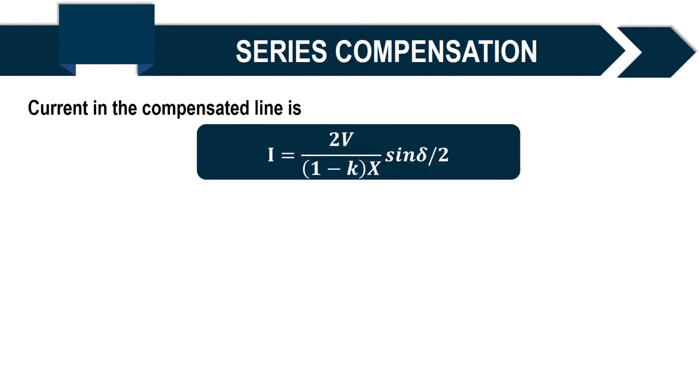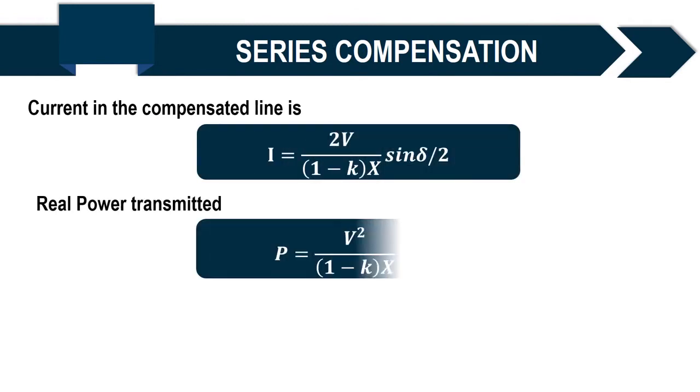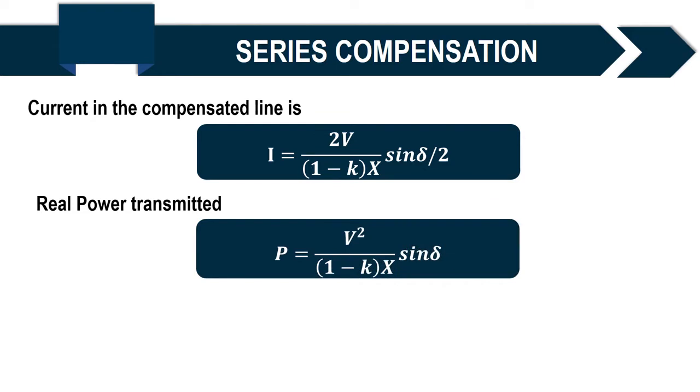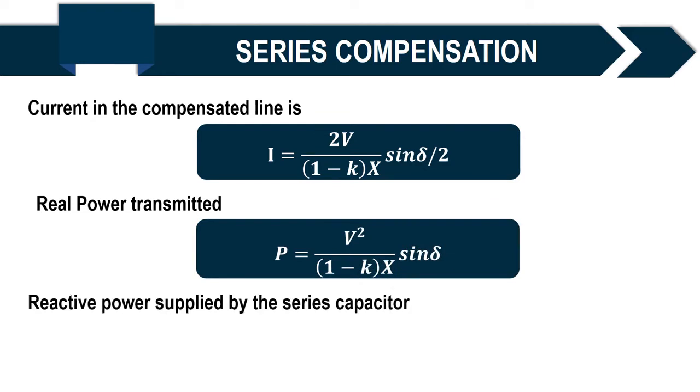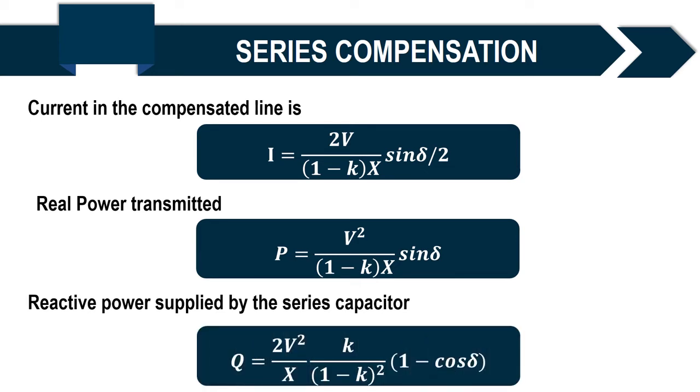As you can see from here, the real power transmitted is given by P is equal to V square by (1 minus K) X into sine of delta, and the reactive power supplied by the series capacitor is also dependent upon the impact of the compensation. The transmittable power rapidly increases with the degree of series compensation K, and the reactive power supplied by the series capacitor also increases sharply with K and varies with angle delta in a similar manner to the line reactive power. So series capacitors have been used extensively in the last 50 years throughout the world for the compensation of